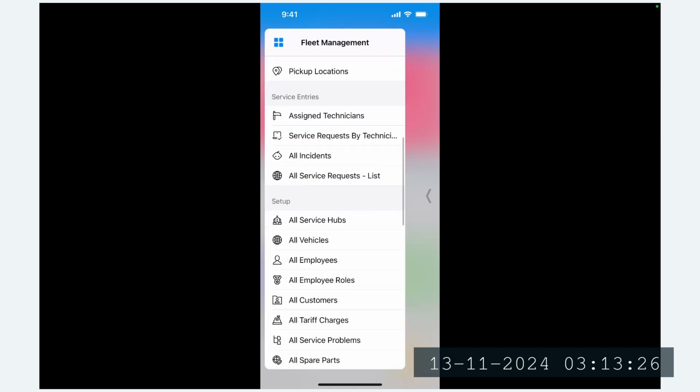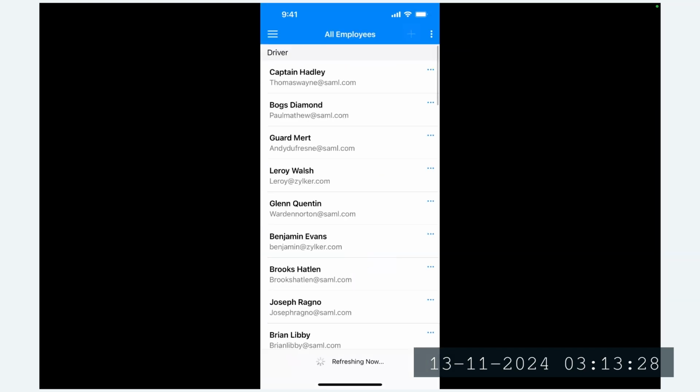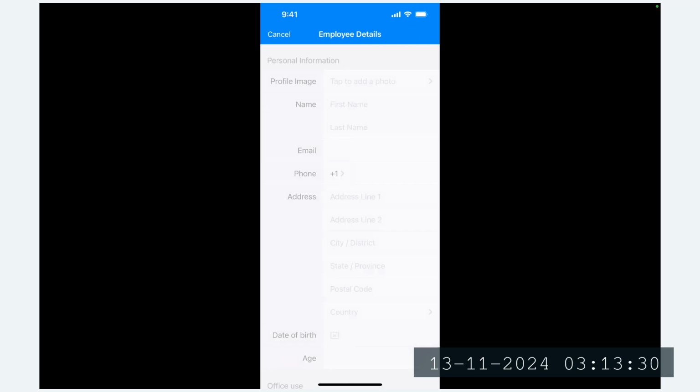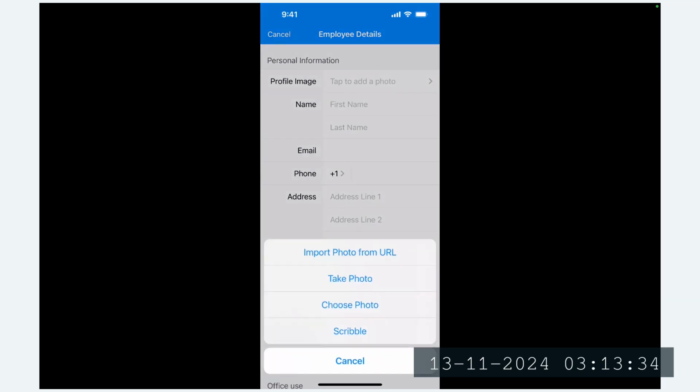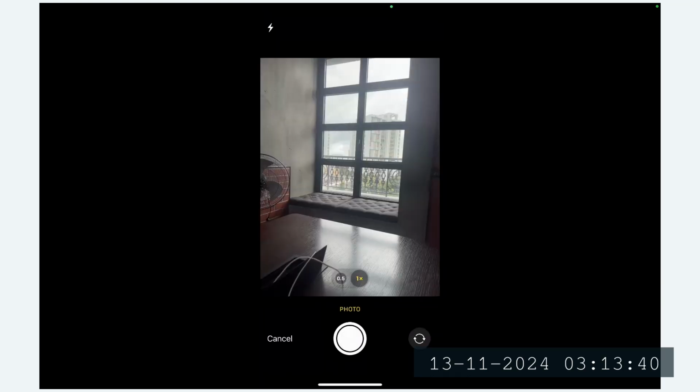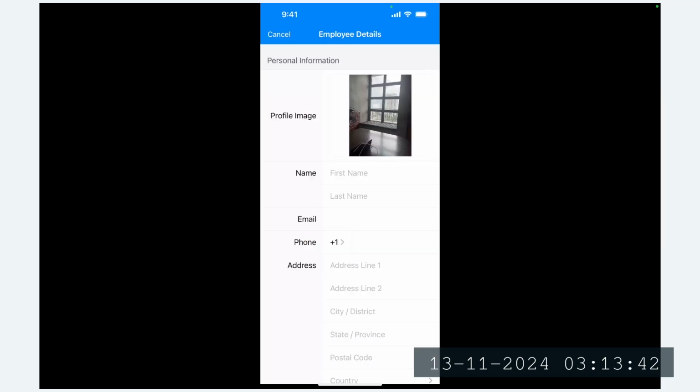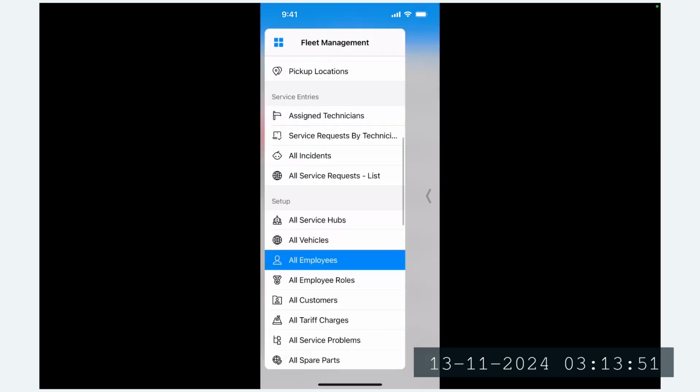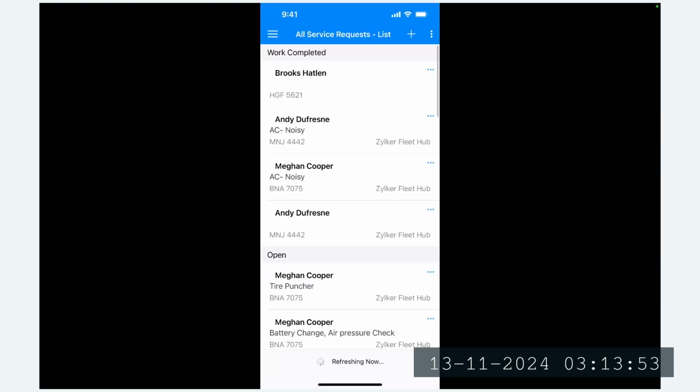The form we were looking at was the all employee form. So I have the form hidden here, but I will just access it through my report. So here you can see the options that are set up here. And when I am trying to take a picture, this is also possible. And you can use the image. And like I said, if you want a preview, if you want to annotate, all of that is possible from here. I'm not going to make the entry here, but let me go back to another form